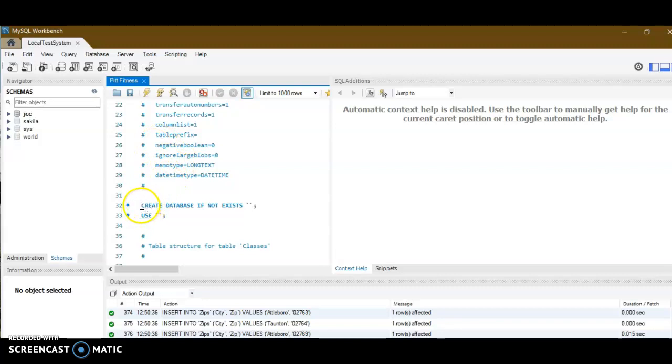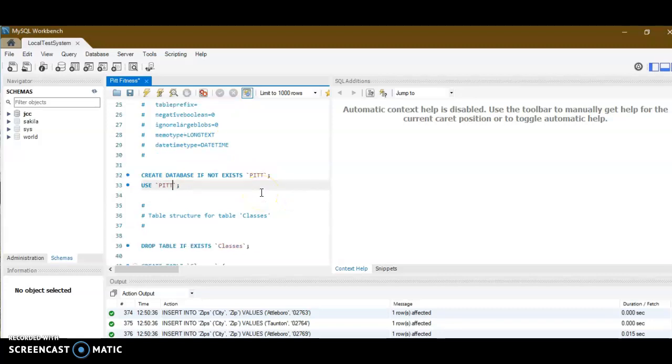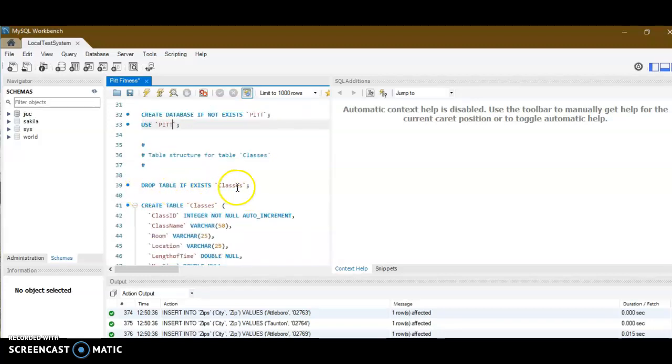All right, now the only thing we need to change is right here, and you see these dots because it says pay attention to this. Create database if not exists. Well, we want our database to have a name, so I'm just going to call this one Pit. And use Pit. That means for the rest of this, everything will go under a database called Pit. You have to give that a unique name. So now we're going to drop table if exists